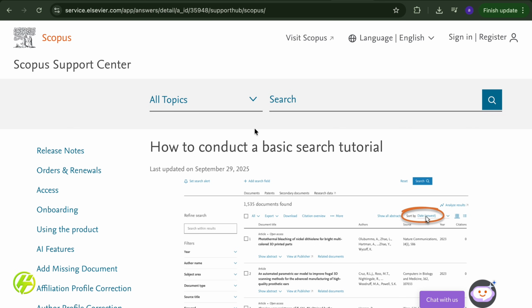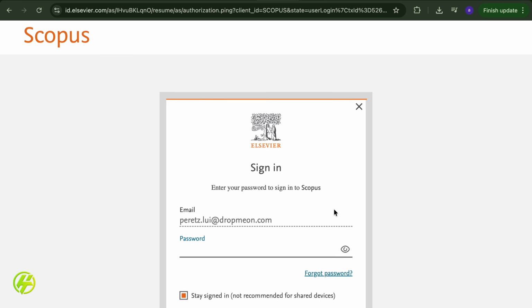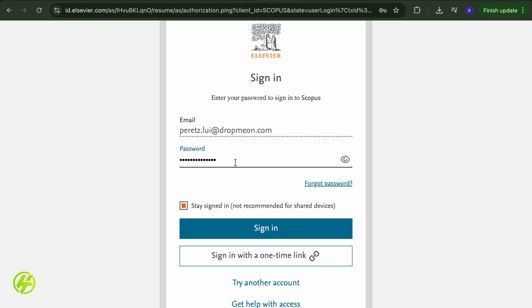Now I'm going to log in on my account and show you the Scopus access, the subscription bought by Hey Tools. Let's start. So you must log in. After putting the password, sign in.